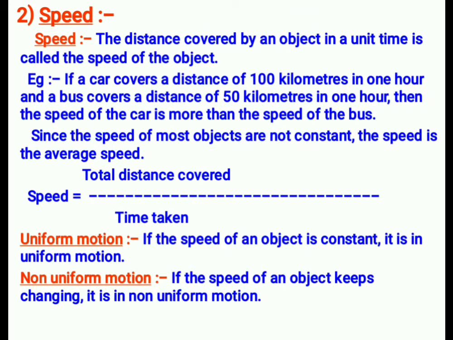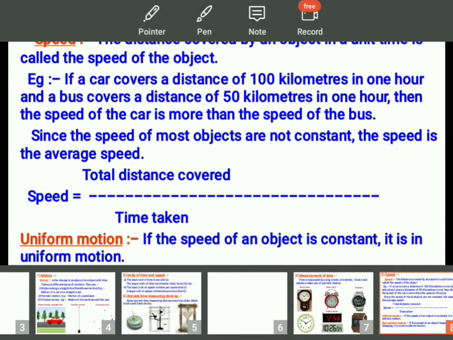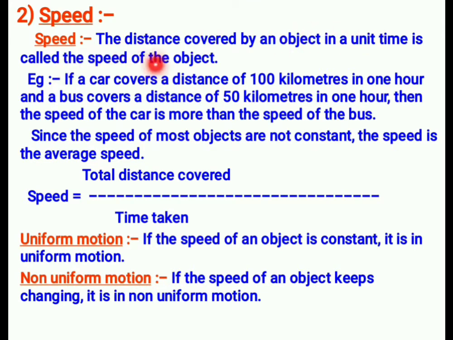So today we are going to learn about the part 2 session of the lesson motion and time. In the last class only we have learned about speed. What is speed? The definition of speed was learned and the formula to calculate speed was also learned. So what was the definition of speed? The distance covered by an object in unit time is called speed, and the formula was speed is nothing but distance covered by time taken.